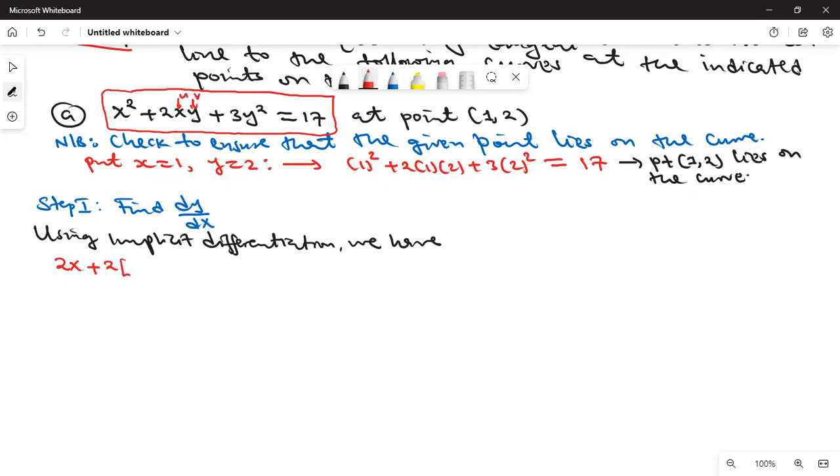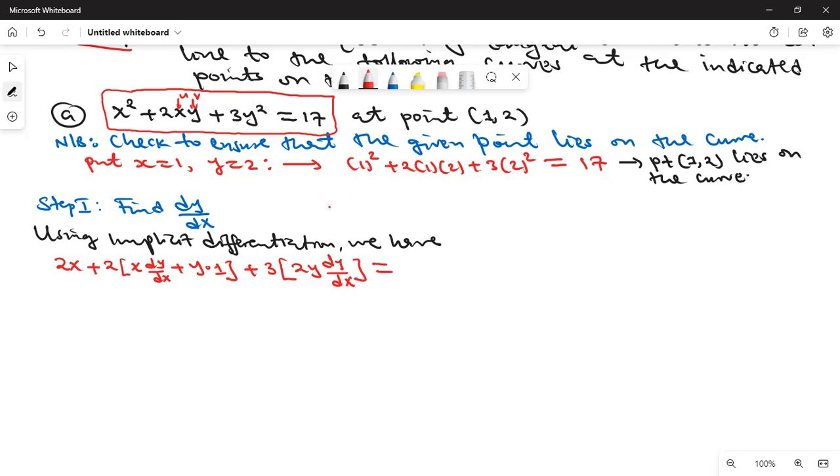Product rule: you keep x constant, differentiate y, that is dy/dx. Plus now keep y constant, differentiate x, that is 1. Then plus 3. When you differentiate y squared, you get 2y times dy/dx